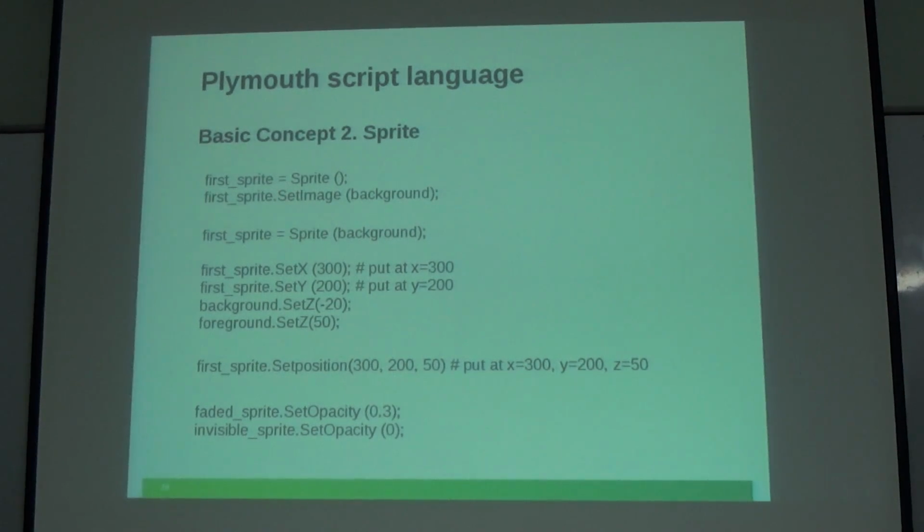The second is sprite. Sprite is based on the image. We have an image variable, then we set it as sprite. Sprite is the animation object in this script which we can control,